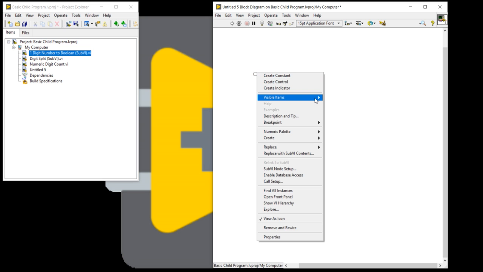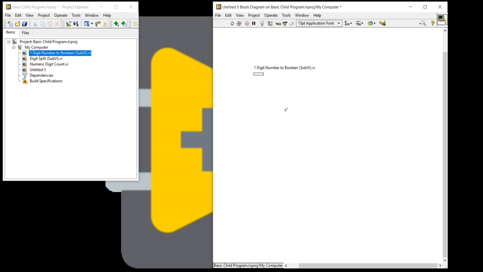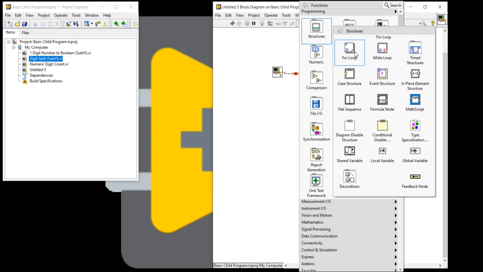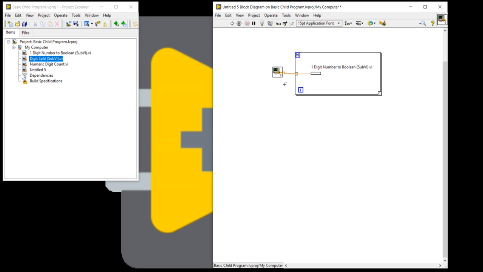The name of the program is number to digit. Before that, I will use this digit split program here.